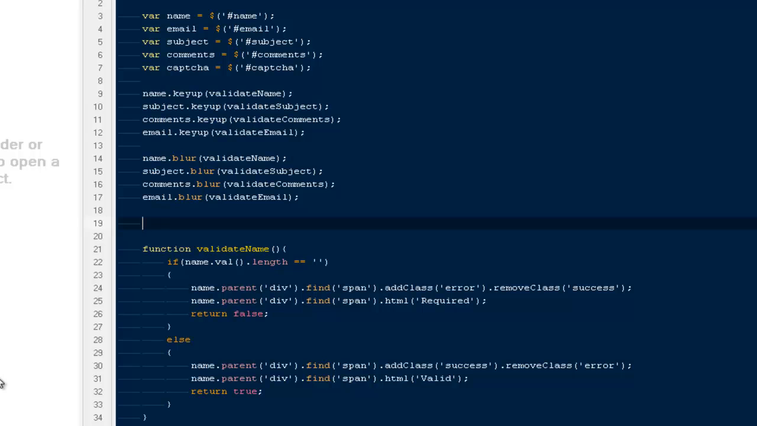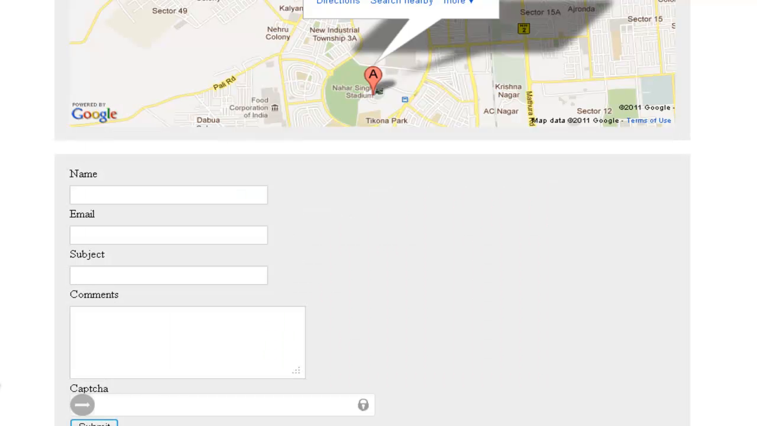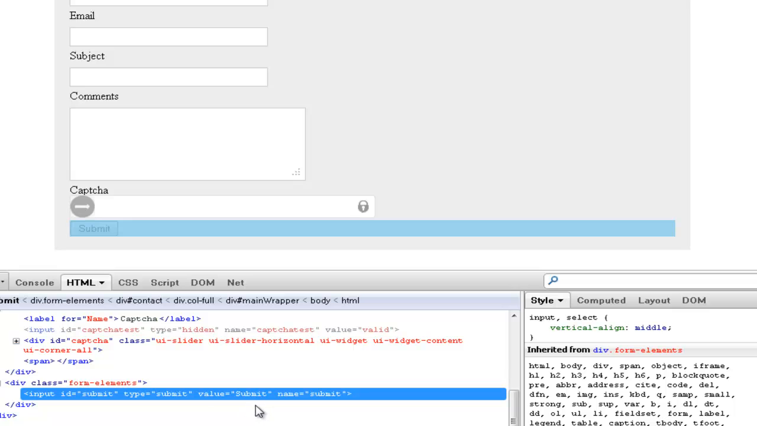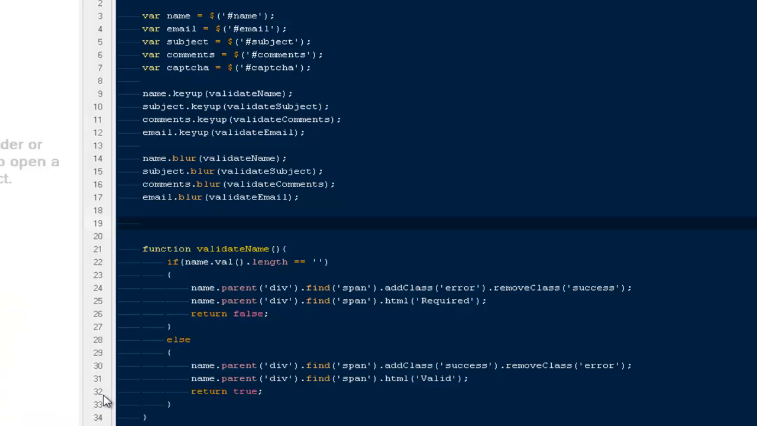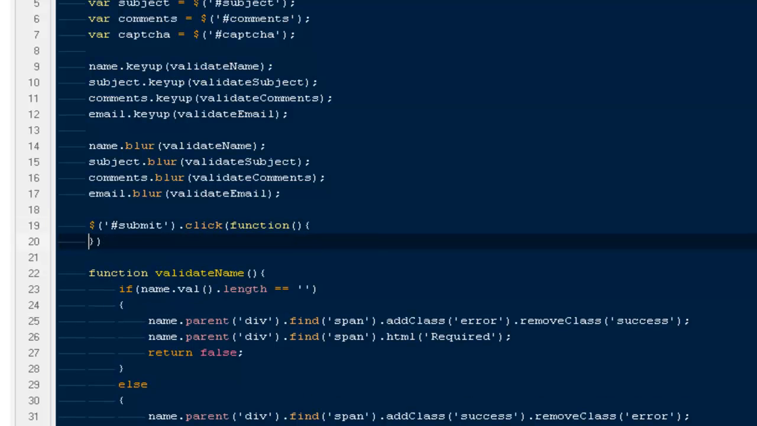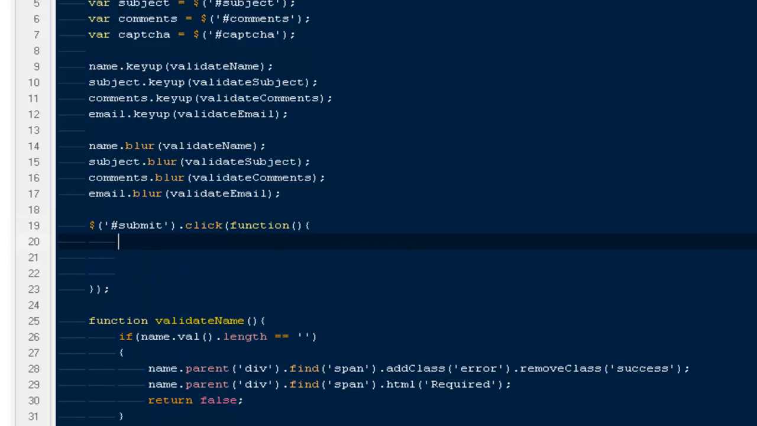And it won't be very difficult, as we have already created the function. We won't have to do anything more. We just have to run this function at the time of pressing or submitting the form. So I'm going to check the ID of the submit button, and the ID of the submit button is submit itself. So I'm going to say $('#submit').click(function). So every time this particular button gets clicked, go ahead and follow the commands we're going to write here. Very first thing, I'm going to say if validateName, that means if this particular function is returning true,